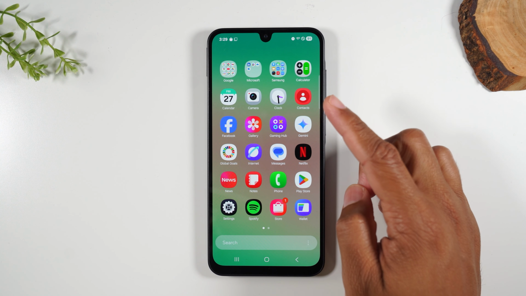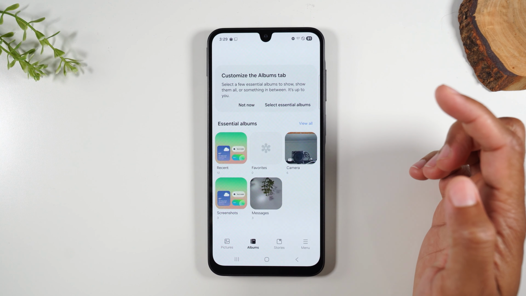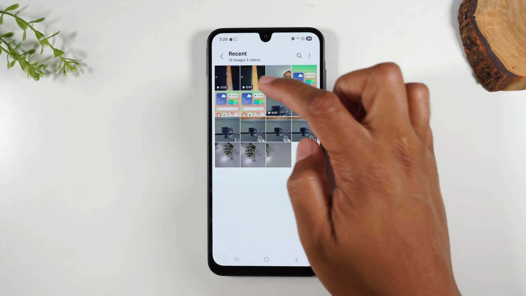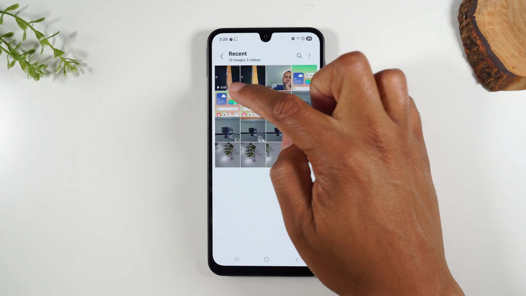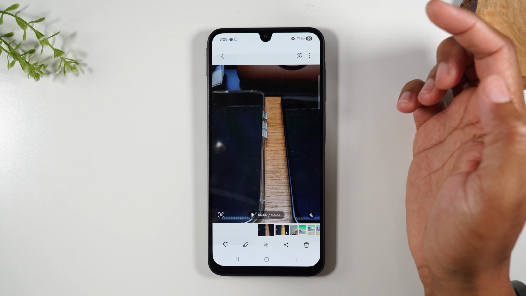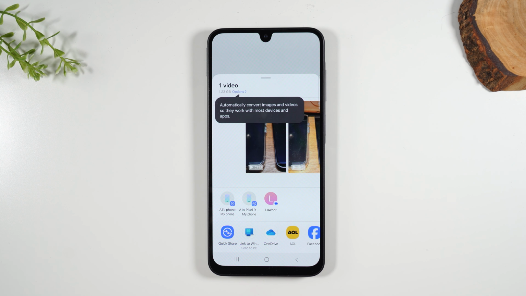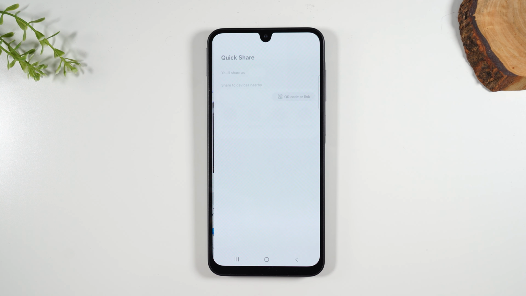Let's swipe up on the home screen and go to the gallery, and let's find a large file. Now if I go to recent, I have this video here that's a 3-minute and 23-second video. Now I'm going to hit the share button, and then I'm going to tap on quick share. Now with Samsung phones specifically, they have a really cool and useful feature built in. So when you go to quick share,